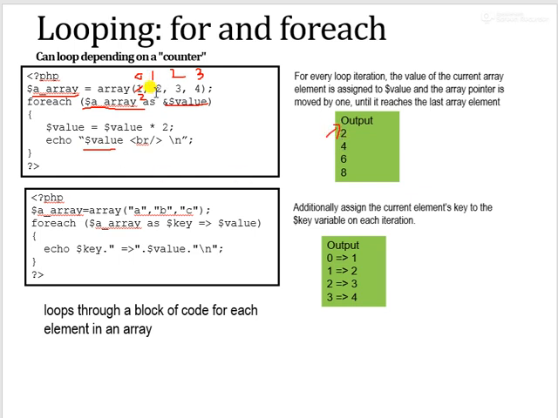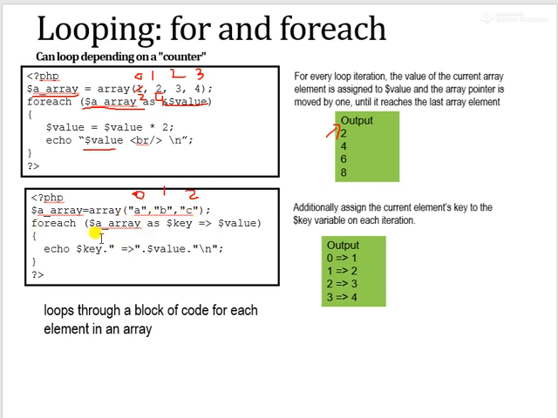During the next iteration it is pointing to index 1 where the value is 2, and it will change to value multiplied by 2, which is 4, and when we echo this value, 4 will display on the screen, then 6, then 8. Okay, then in this example we have an array, the name of the array is a underscore array and it has 3 values in it. On index 0 we have a, on index 1 we have b, and on index 2 we have c. So the keys are 0 1 2 and the values are a b c.